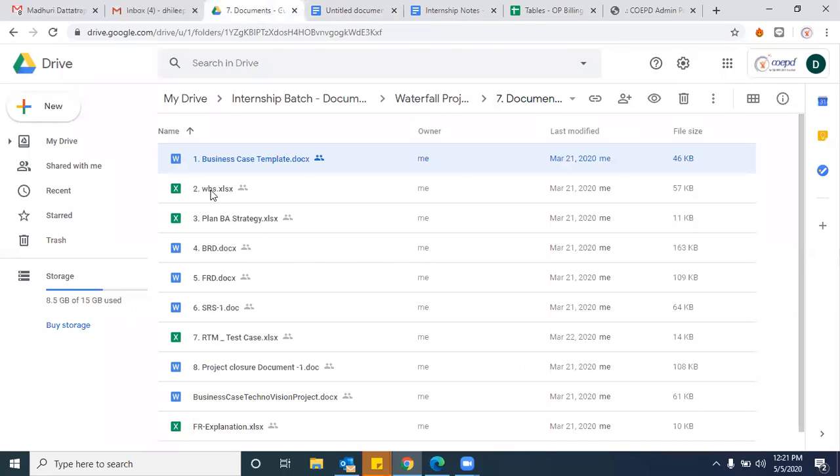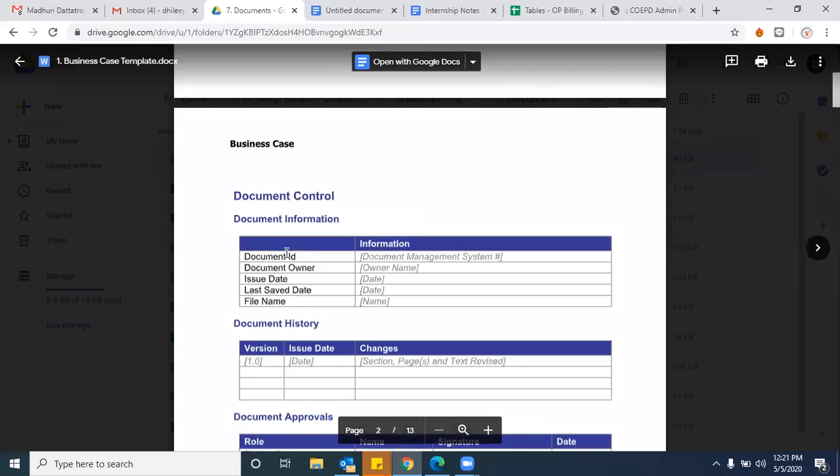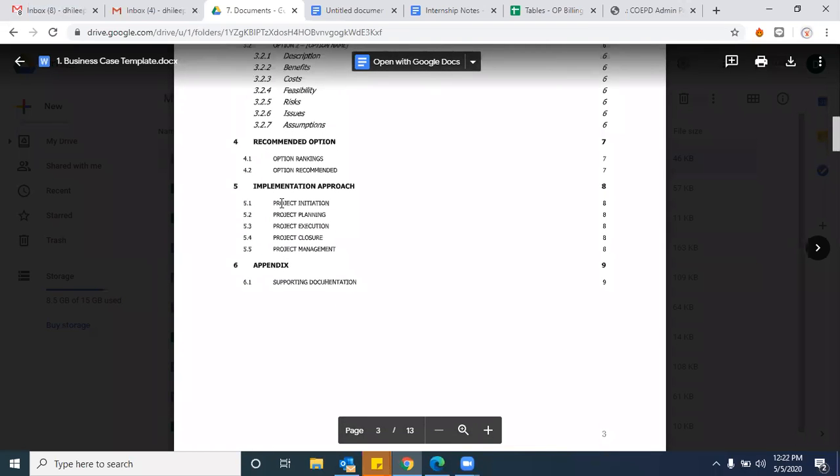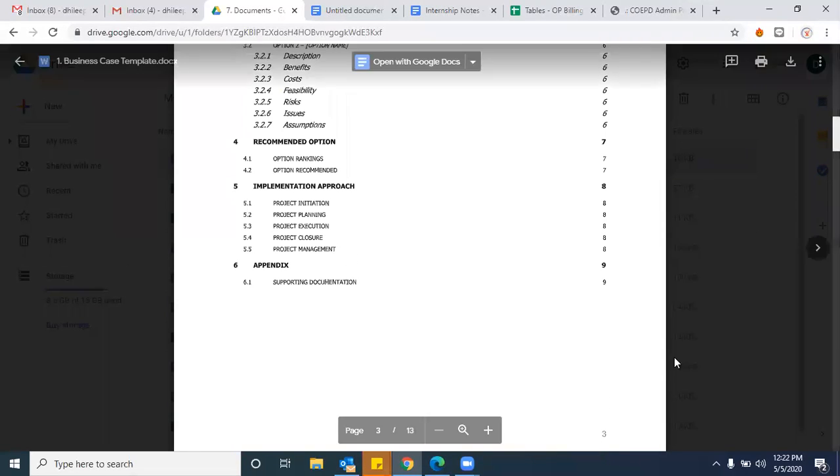Okay. Now let us come to the work breakdown structure. This work breakdown structure is very simple, guys. Even this document we should not prepare, so don't worry about it. But you need to refer to this work breakdown structure. See here in the implementation approach, we followed project initiation, planning, execution, all these things, right? So these particular phases, how we are executing them, which phase, what time we are taking, what resources we are planning in that particular phase, and what sort of budget or cost is incurred by that particular phase, we will discuss here in this work breakdown structure.